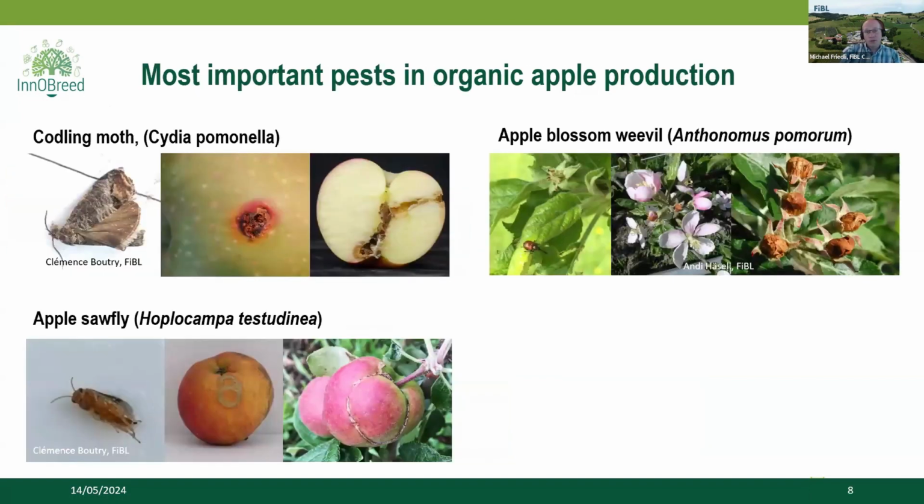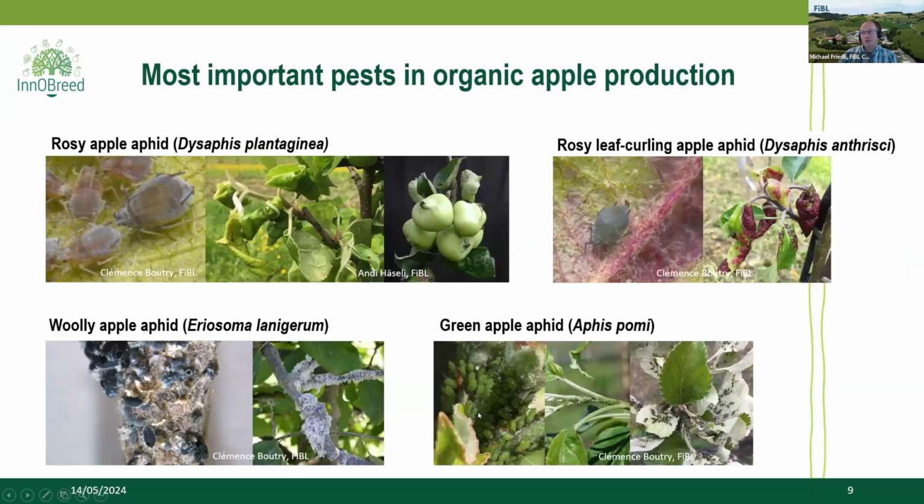Yes, we not only have diseases, we also have a lot of different pests that we have to handle. So here we also have the most important one. It's the codling moth that can have a big impact and cause quite some losses. Then also the apple blossom weevil, then the apple sawfly, and there are also a bunch of different aphids, like